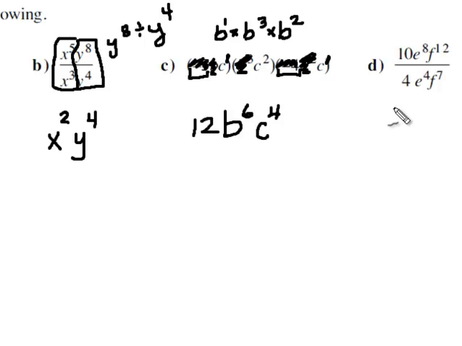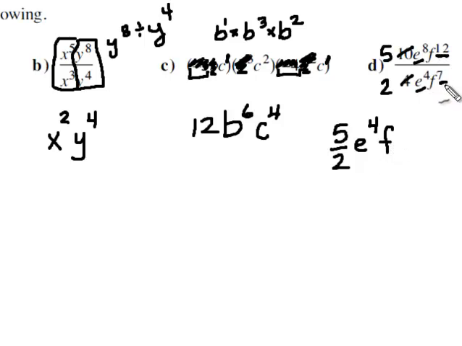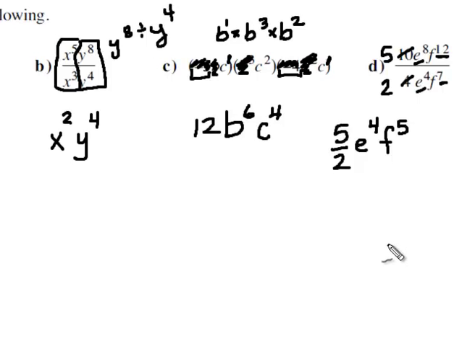And in our last one, again, we have a fraction that doesn't divide evenly, so we're just going to reduce it by dividing by 2, which makes 5 over 2. And now let's look at the e's. E to the 8th divided by e to the 4th is e to the 8 minus 4, or 4. And then for the f, I've got f to the 12 divided by f to the 7th, or f to the 12 minus 7, which is 5. So 5 halves, e to the 4th, f to the